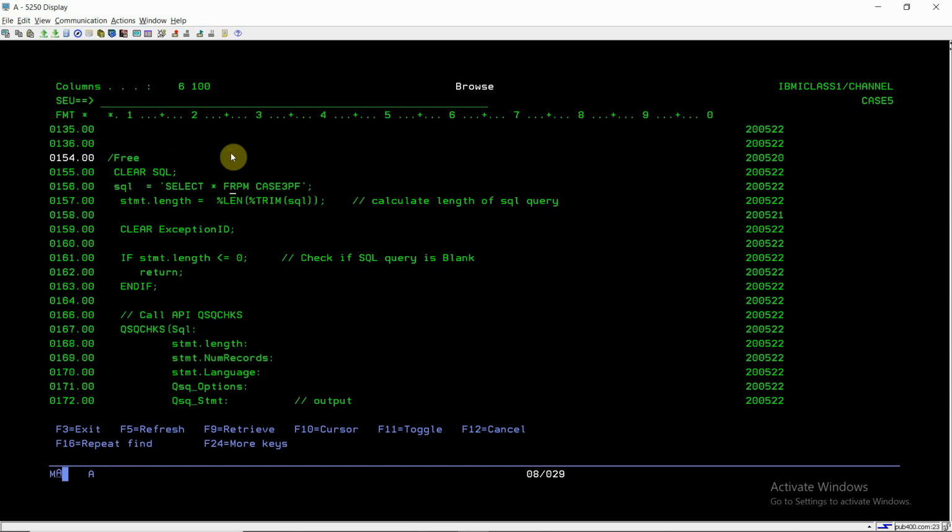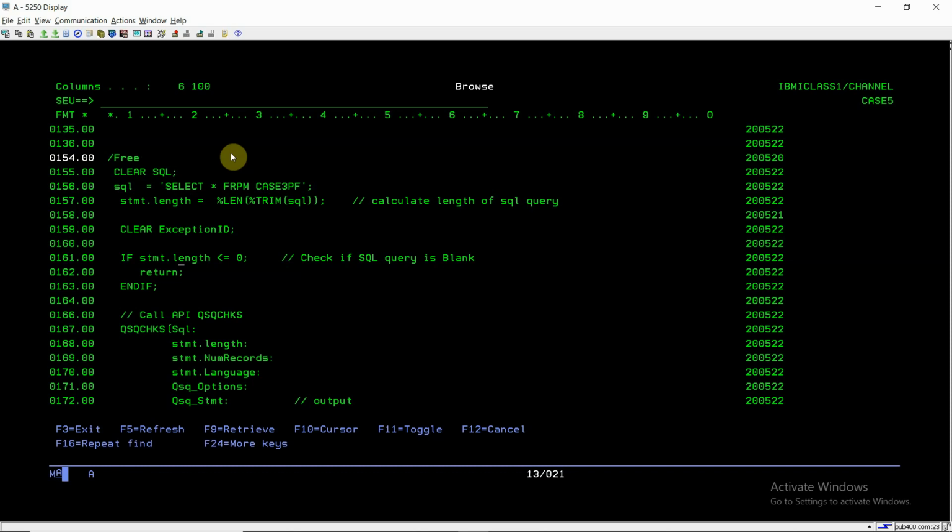Here I am clearing the SQL variable and evaluating the select * from FRPM. I am writing it wrong on purpose, FRPM case 3PF, and then I am passing the length of this SQL variable, trimmed, to statement.length. Clearing the exception ID.